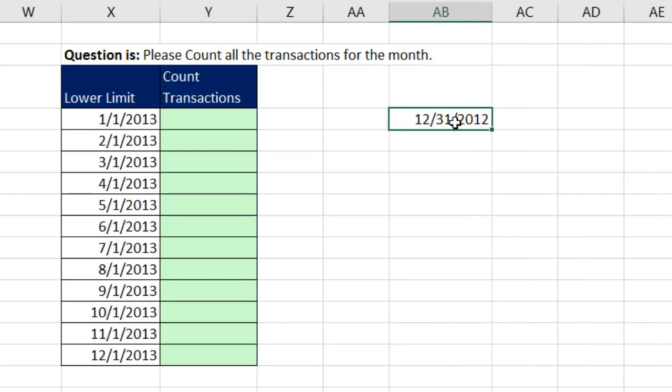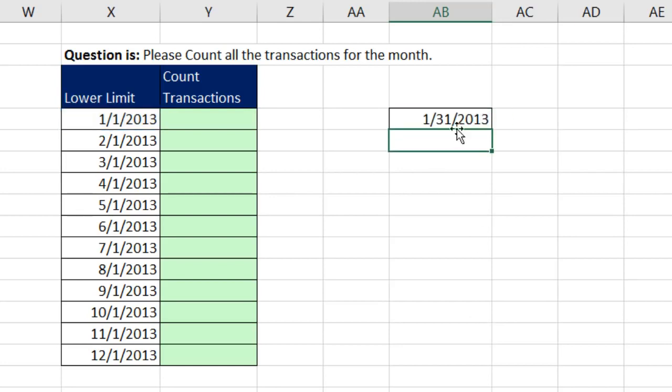It's looking at January, but it found the end of last month. If I give it a +1, it's going to find the end of next month. Notice it knows that there's only 28 days in February. F2, but what we want is 0. Control Enter, and that's the end of the month. We can actually use this formula element right inside our formula, and we'll join it to less than or equal